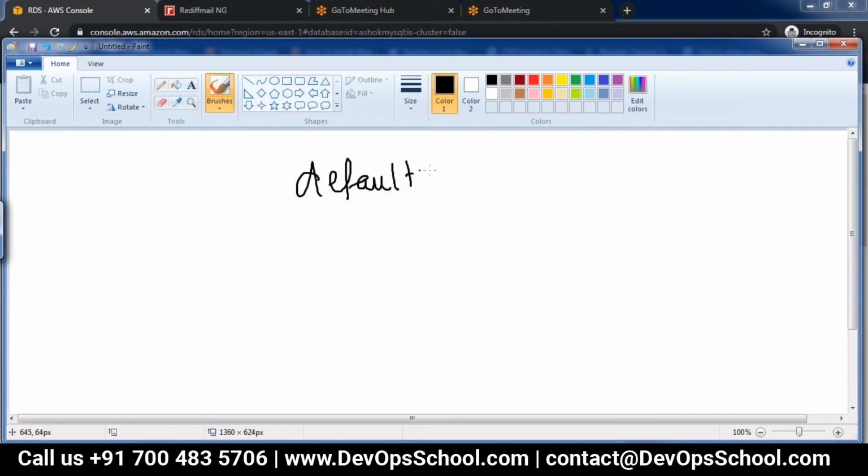I was just explaining the default security group. Yesterday I changed those rules, but if you look at the default security group which gets created automatically, the rule looks like this: all traffic is allowed from the same default group, with the ID of the default security group.